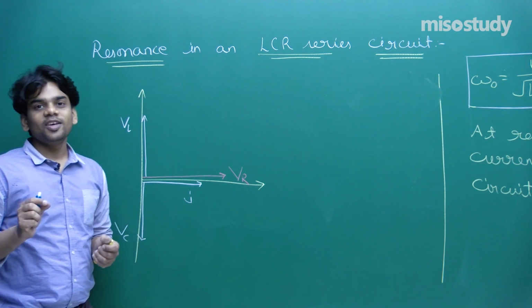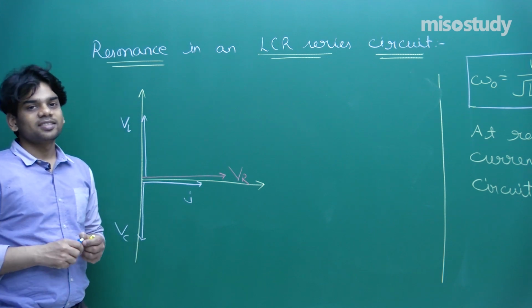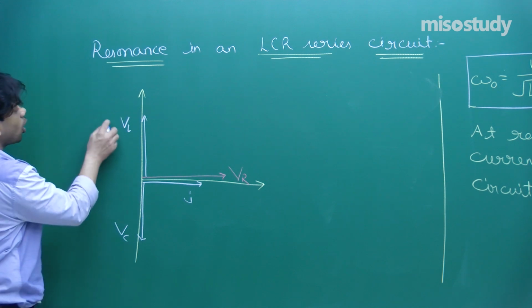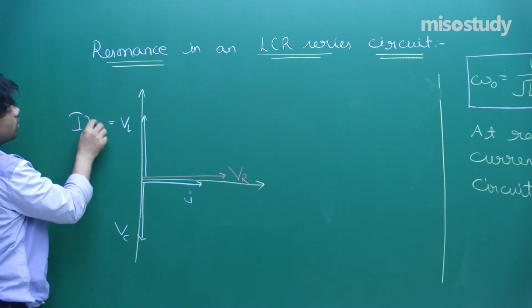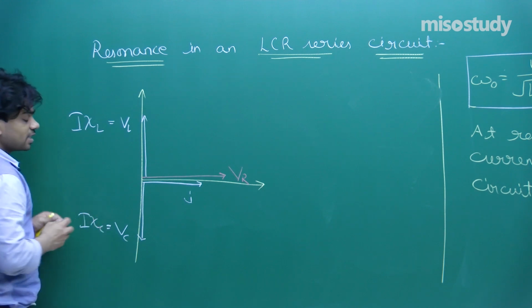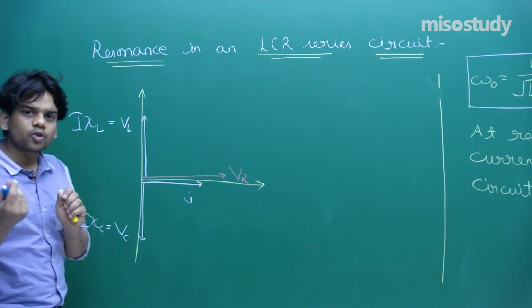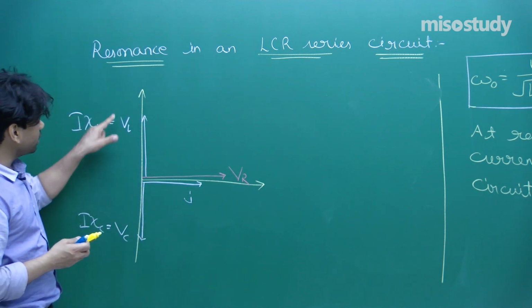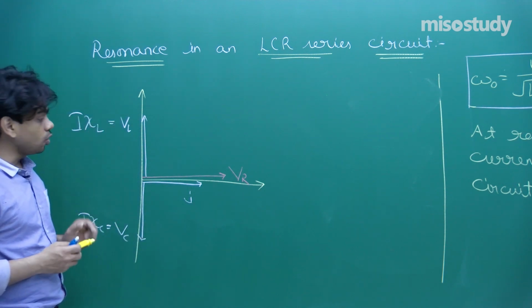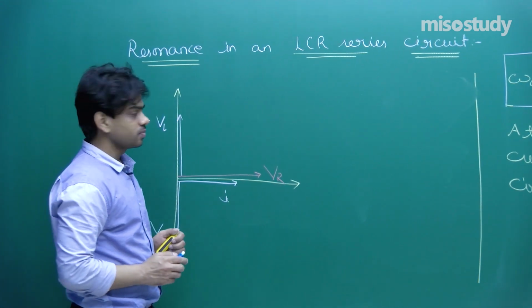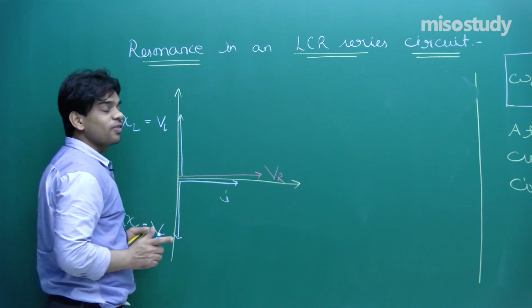VL and VC, you are going to get that as net effect of VL and VC, you are going to get that as 0. Why? Because VL is how much? Is I into chi L, and VC is I into chi C. Since we have taken that chi L equals chi C, omega L equals 1 upon omega C, we can easily say that VL will be equal to VC, and they will turn out to be 0. So in that case, current will be in phase with voltage across the resistance. VL and VC are going to nullify the effect.